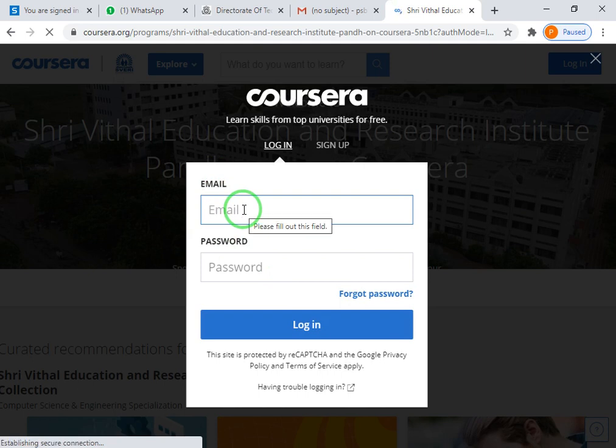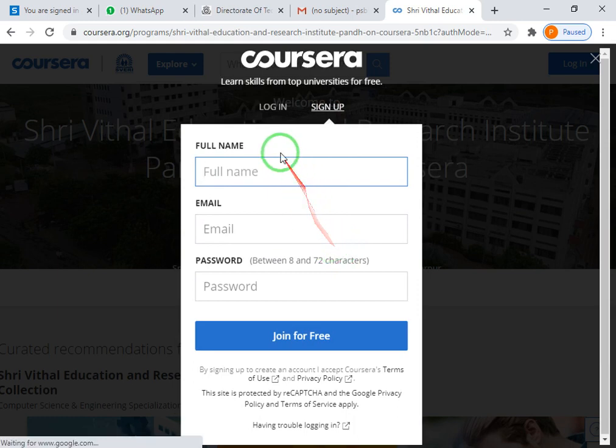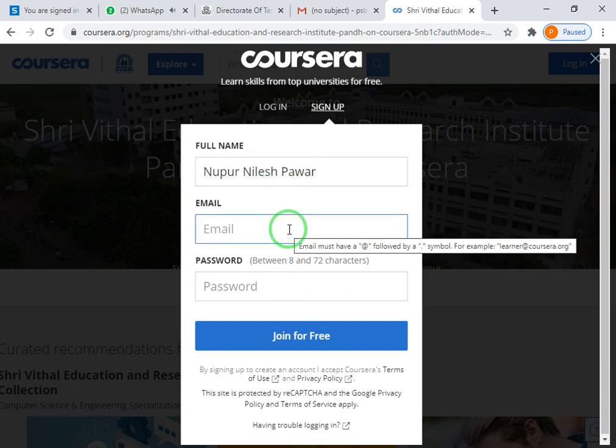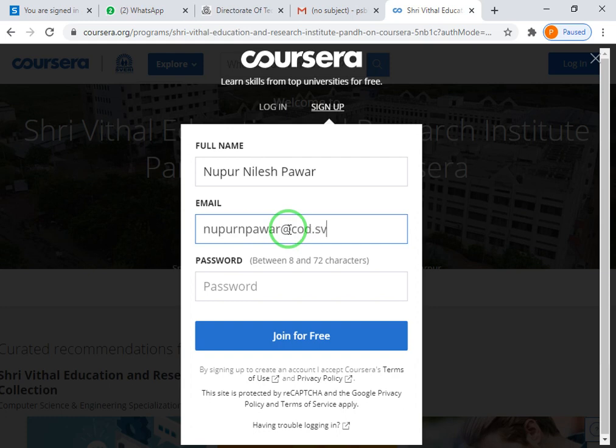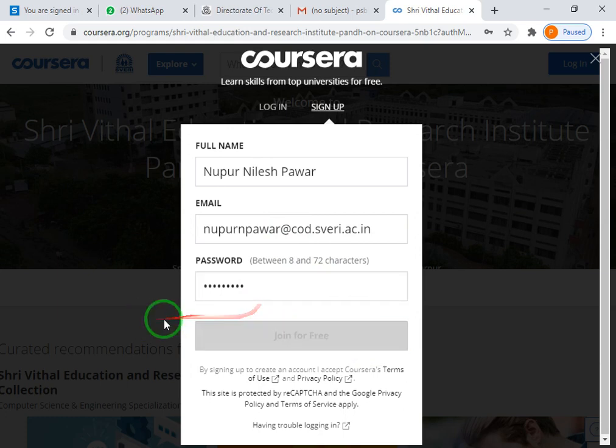Again it will ask for credentials if you already registered, like email ID and password, otherwise click sign up, enter your full name, and provide the mail ID. The mail ID must be your official mail ID. Provide any password and click join for free.